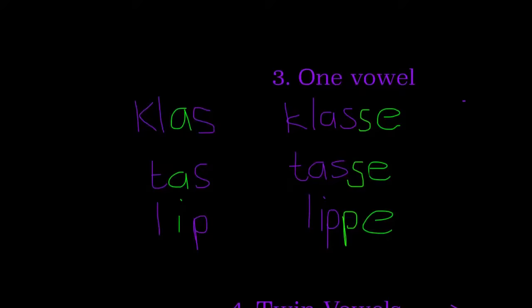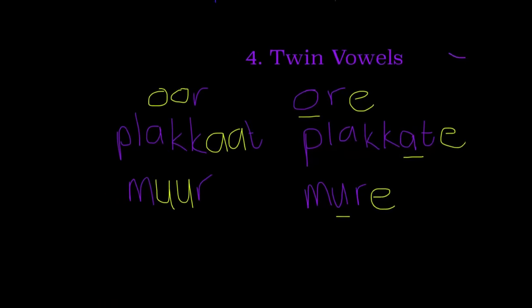It's really important to remember, even with things other than Meervoude, if you're adding an E directly after a consonant that is directly after only one vowel, you must double the consonant so that the sound stays the same. If we move down to the twin vowels,